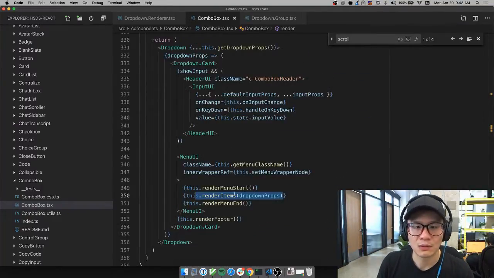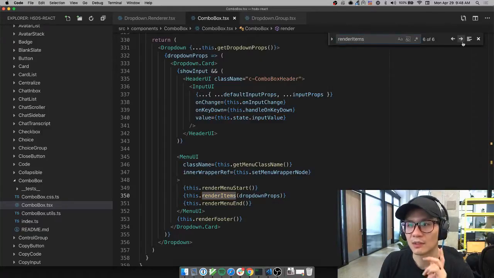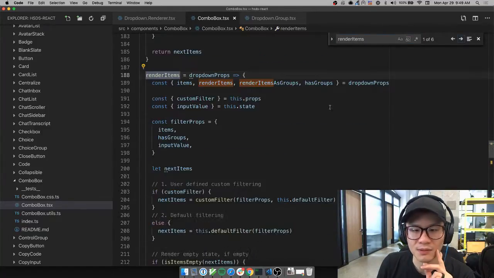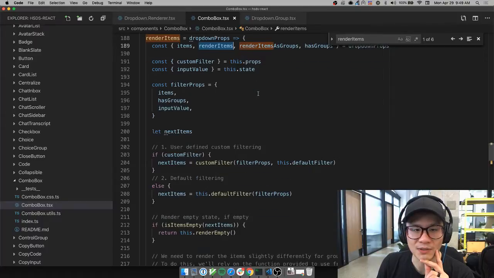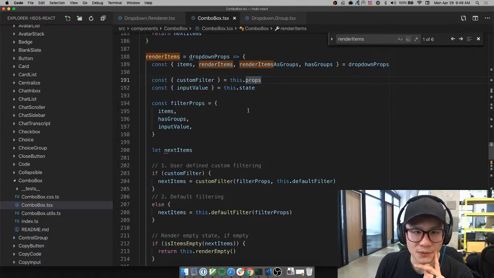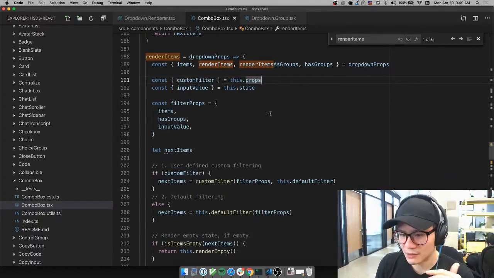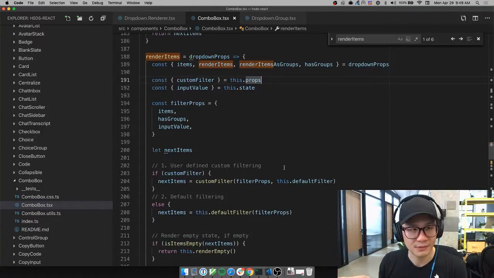What is this? Render items. It's accepting dropdown props. Here we go. Render items. Yes. So like I mentioned, similar to downshift, inside of dropdown, it gives you a couple of properties inside the